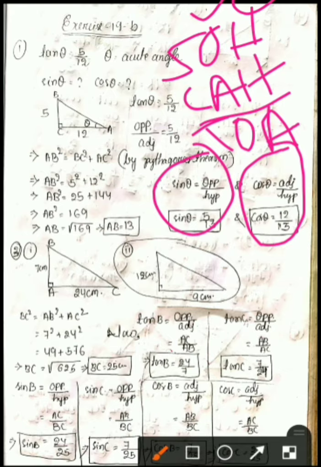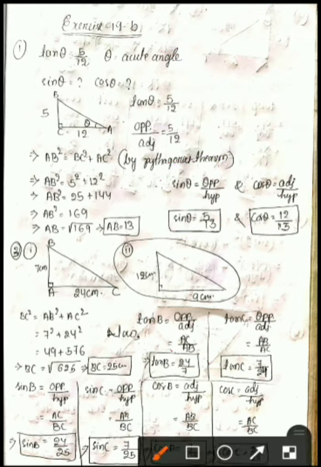So students, when a question like this comes, first you have to draw the figure, then find out the remaining side of the triangle, then find the trigonometrical ratios. Now let's go to number 2. If sin theta equals 3 by 5 and theta is an acute angle, find cos theta and tan theta. Exactly like question number 1, you have to solve question number 2. And question number 3, we'll discuss one number. The rest of the numbers you have to do yourself. So I have done one number here.